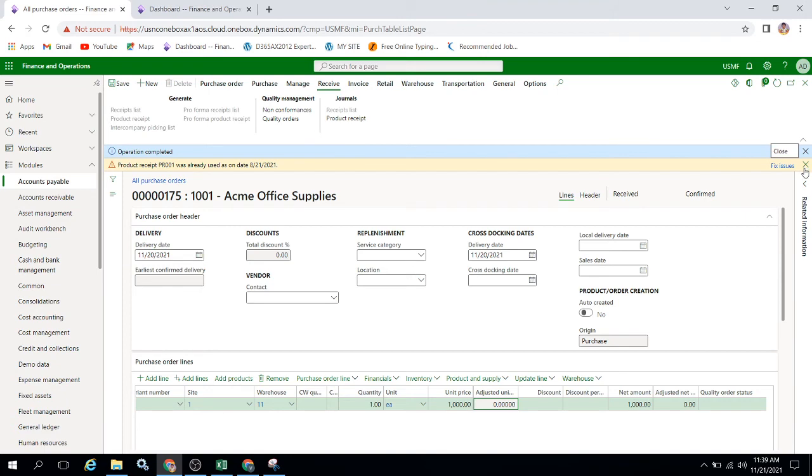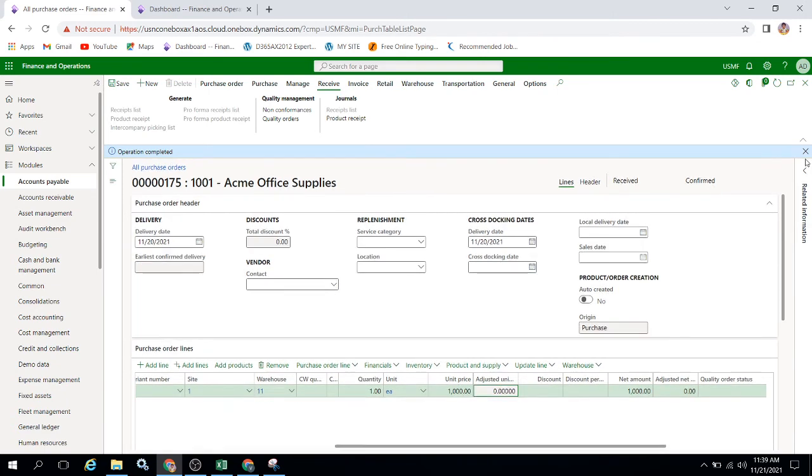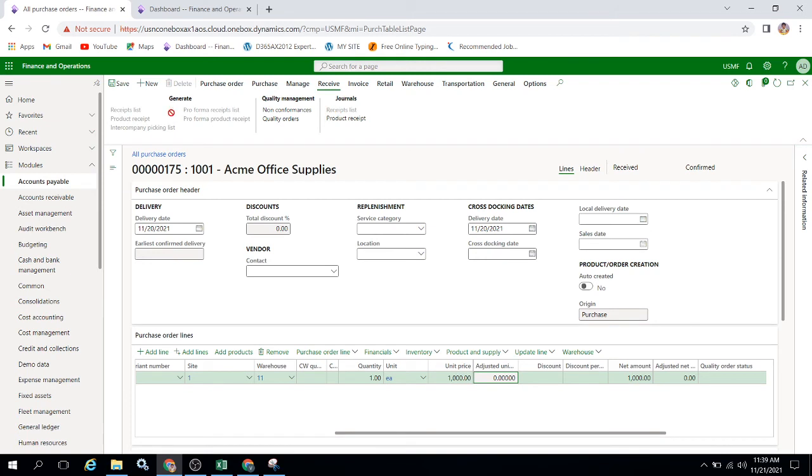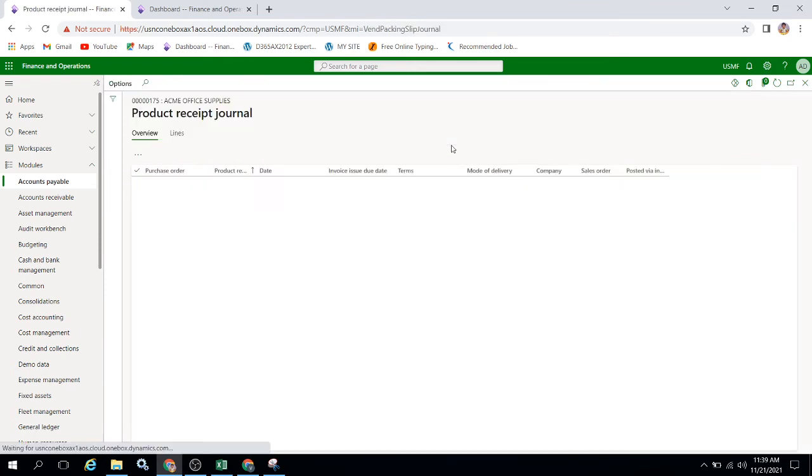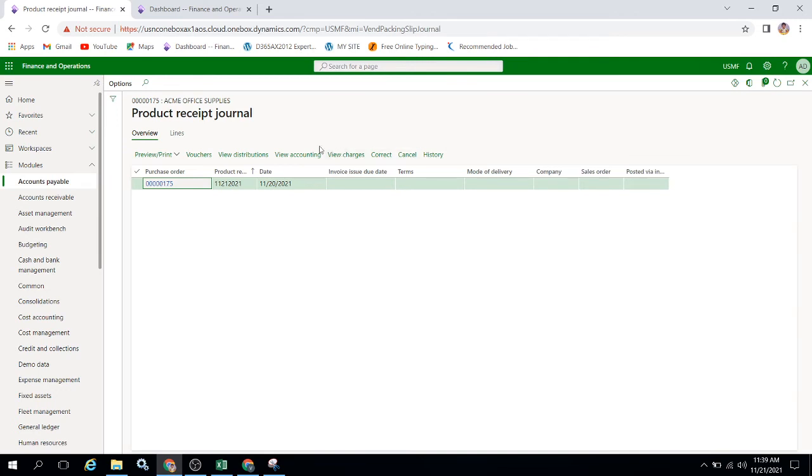So let's see here, we faced one error. It's not an error actually, it's the previous error. At the start we gave PR001, which already exists, so the product receipt is already created. If we check the product receipt entry, you can check vouchers.